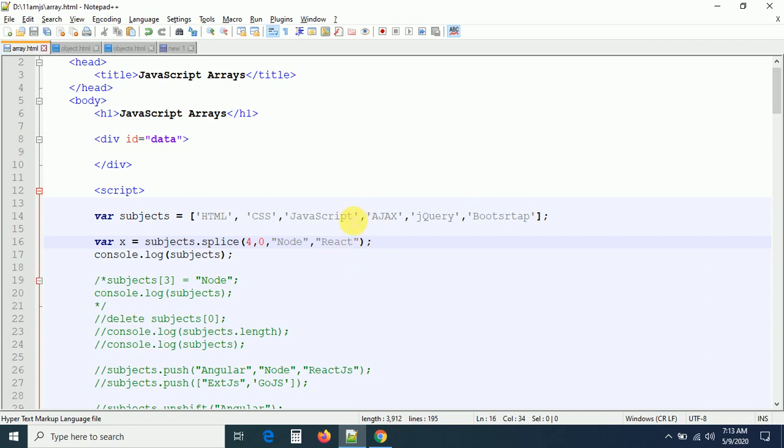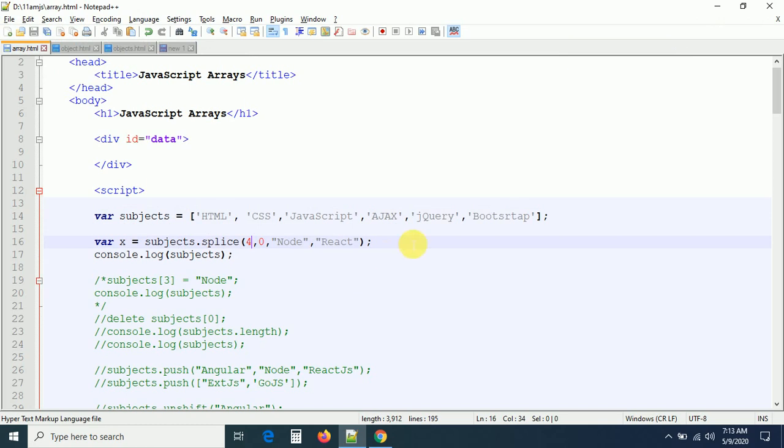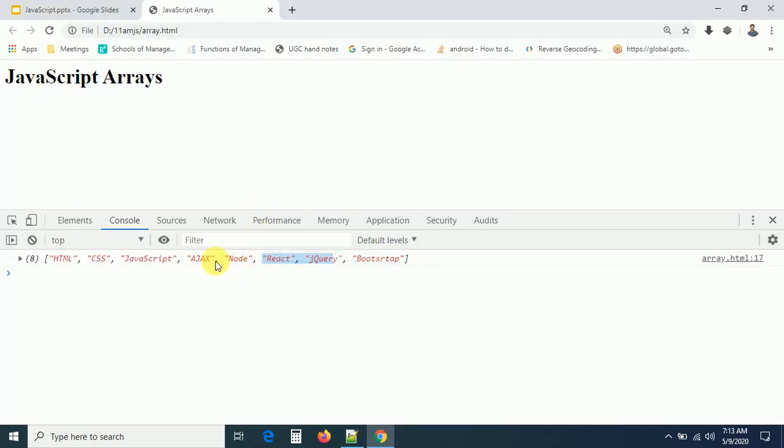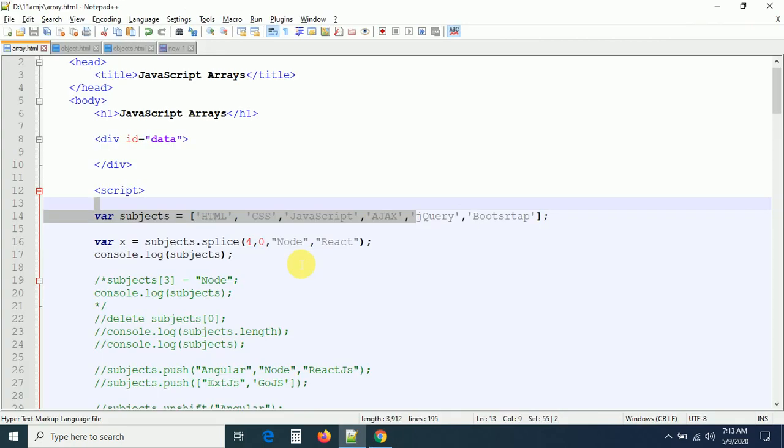What is the fourth element in the array? Something like jQuery and so on, right? Now you can see the elements are going to be added there, guys. This is Ajax up to here. We have 4 elements, right? Up to here we have 4 elements. After that, this was added. So exactly from the fourth position, the element is going to be added. 4 means fourth position.